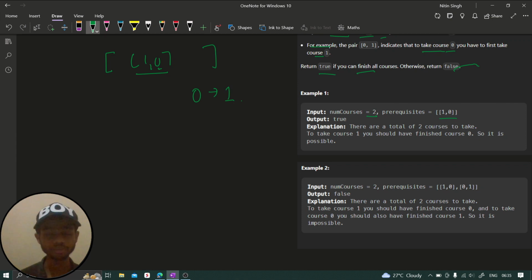So we are going to return true. So you can see, guys, the answer is nothing but true, right? Now next thing, let's see. So the next example is where numCourses is again 2, which means there are